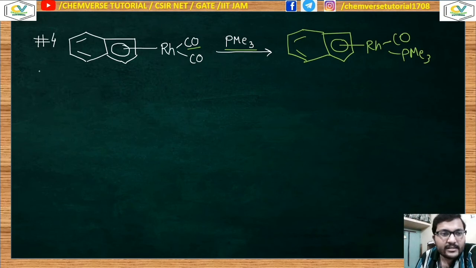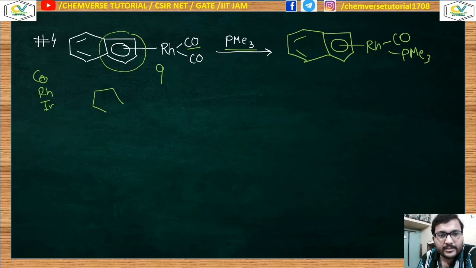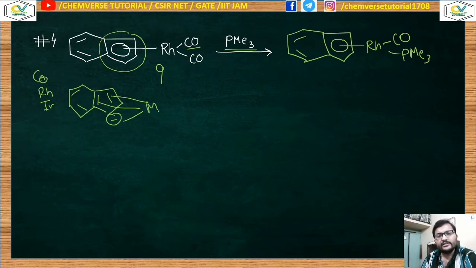So rhodium is present in the cobalt group: cobalt, rhodium, iridium. So cobalt has 9 valence electrons. Now this portion, don't be confused with it. This is nothing but a cyclopentadienyl ligand, a benzo substituted cyclopentadienyl ligand. Over here this pi bond and this negative charge are donating electron density simultaneously, thereby it is behaving as a hapto5 cyclopentadienyl ligand. It is obviously a cyclopentadienyl ligand but benzo substituted. Clear? So this is happening in this case.